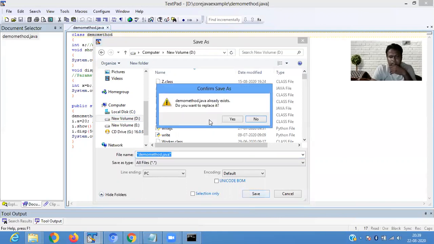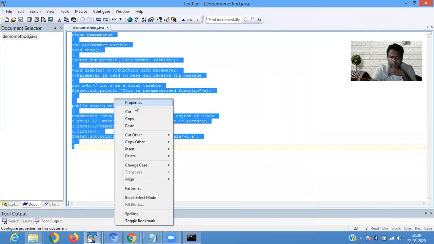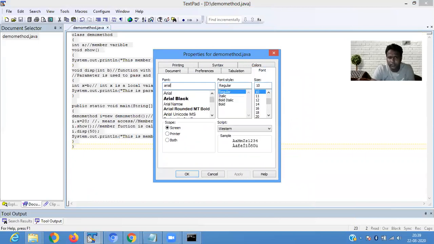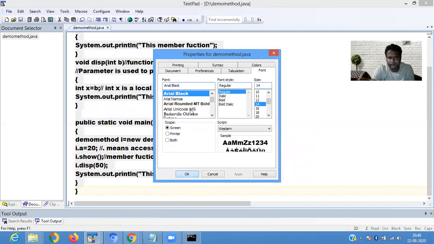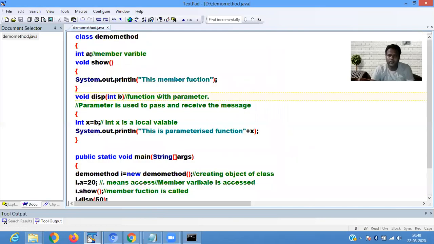I just enlarge the font so it is clearly visible to you. Now check it. The demo method has int a.